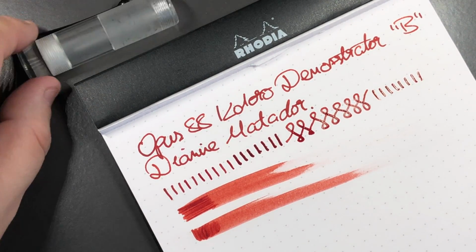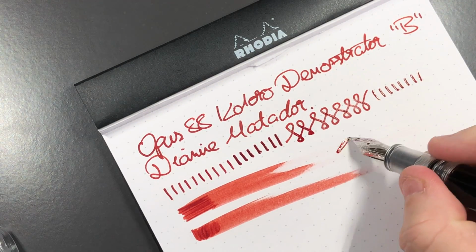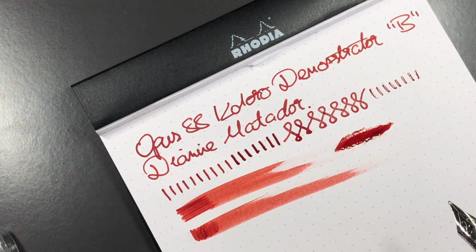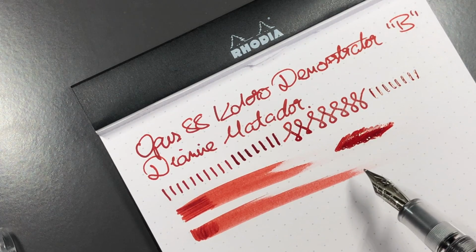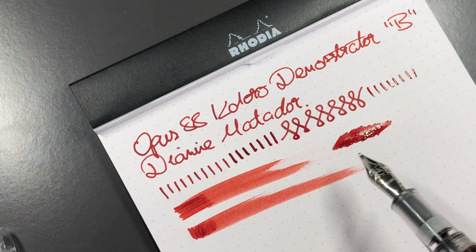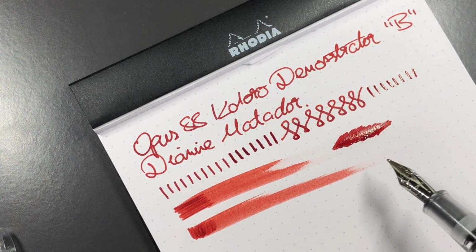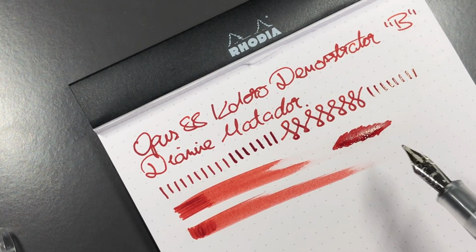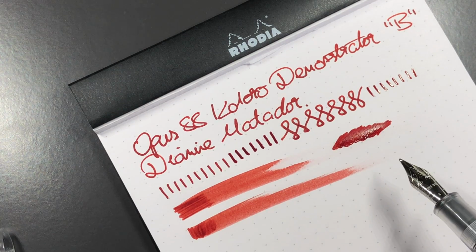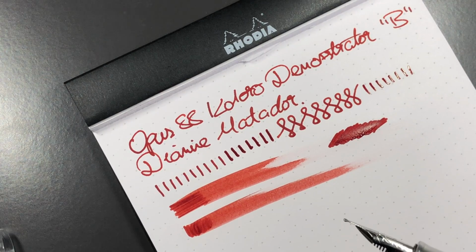It's very, very wet. Now, in terms of the feedback, I don't know if you can hear that, but the feedback is almost like having a graphite pencil on paper. Now, a lot of people like feedback. It's good feedback. It's not bad feedback, but I prefer to not have feedback as much as possible. So I will probably take a little bit of micro mesh to this and just smooth out that nib a little bit. But in terms of the nib itself,